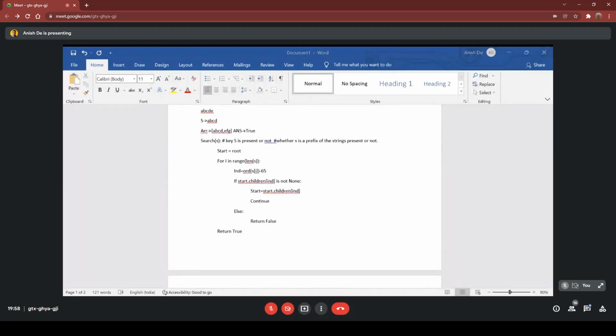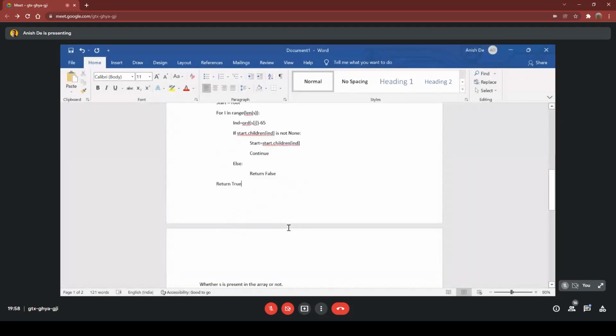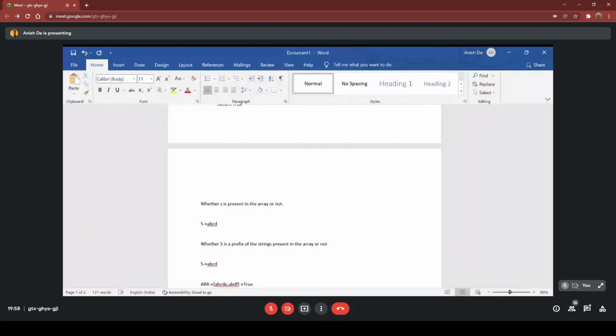Okay, any other questions? If S is ABCD and the array string is ABCD, a prefix is something which is present at the beginning of the string.